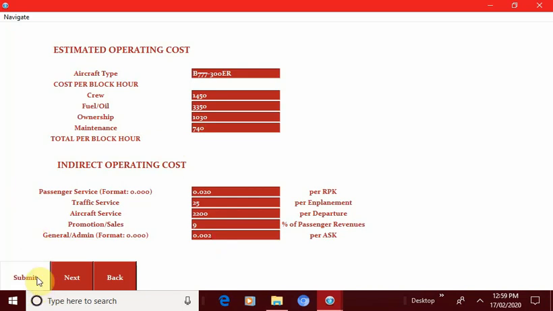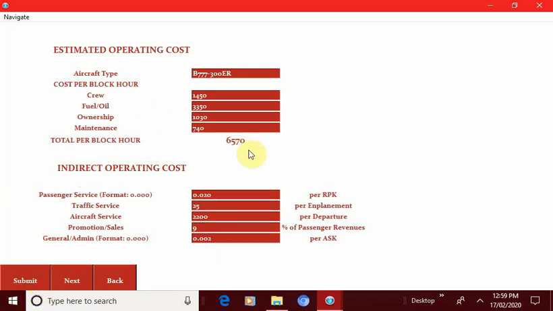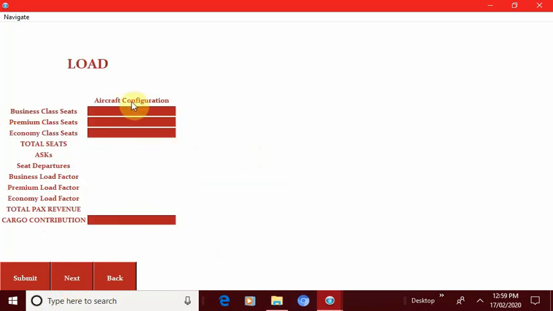We just submit it. This is calculated, and let's move to the next screen. Here we enter all the seat configuration. Let's say the business class is configured with 28 seats, then premium is with 63, and economy class is say 246, and we cargo contribution, let's take it as